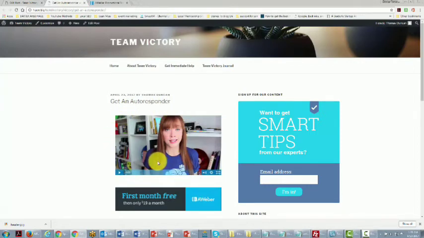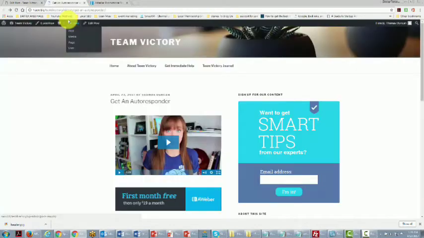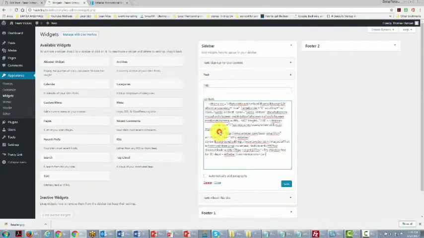Now, one of the other things that we can do is the very same thing that we did with our autoresponder code: we can put code in our widgets so that it will appear on all of our pages. So in order to do that, all we need to do is to go back to this area and find our widgets. And then we can take another text box, and all we've got to do is put our code in this area again. We'll click Save, Close,